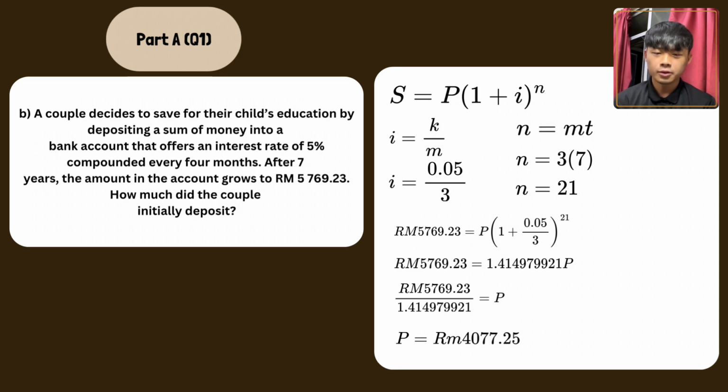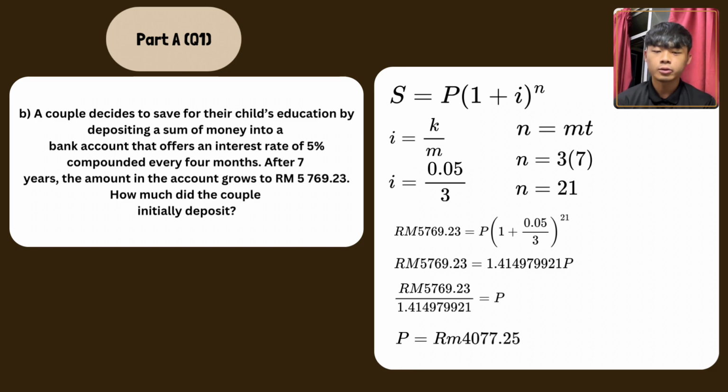And then I substitute everything into the formula. But the P, the principal, is unknown because we are finding the sum of money that the couple initially deposited into the bank account. So I solve the bracket first, and then I got the decimal amount, and then I move it to the left. And the P, I got